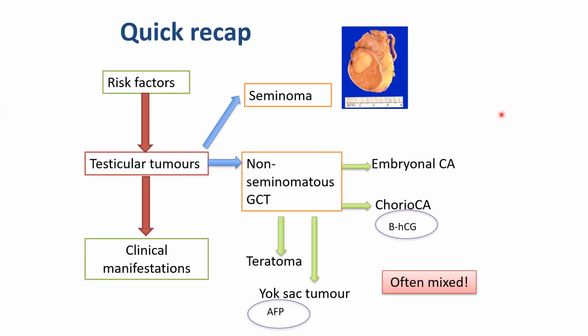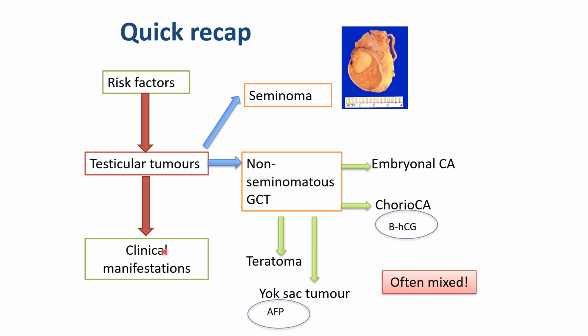Okay, so that's on testicular tumors. Quick recap. Someone may have risk factors such as cryptorchidism, family history, etc., which lead to development of testicular tumors. Testicular tumors can be either seminoma or non-seminomatous, and within the non-seminomatous germ cell tumors, you have embryonal, choriocarcinoma, teratoma, and yolk sac. But it is worth remembering that these tumors in adults tend to be mixed rather than pure. The clinical manifestation of testicular tumors we have discussed, which can be in the form of unilateral swelling or may relate to distant metastases